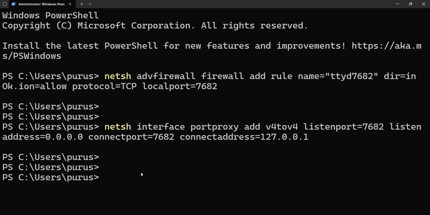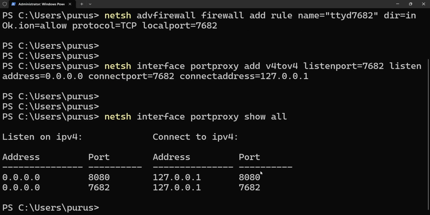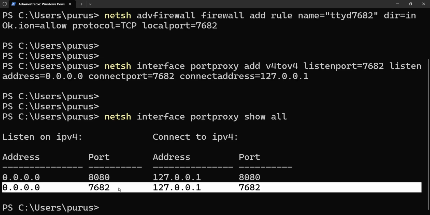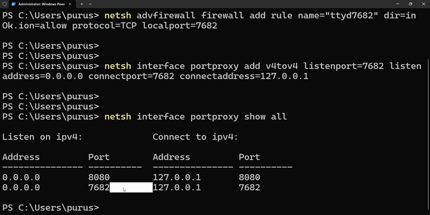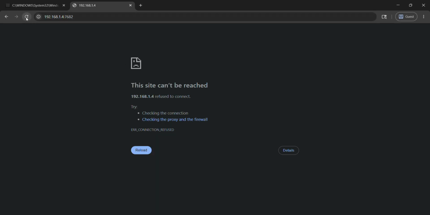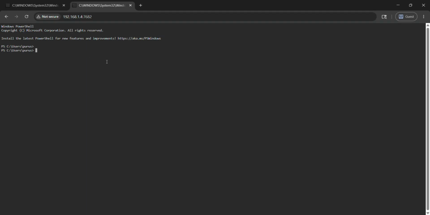Now we will check this. It will show that 7682, we are able to listen to this port. Now we will open the browser, and now if I refresh it, it will open the terminal. Now you can see here that the terminal is opening with the IP address also, and we are able to